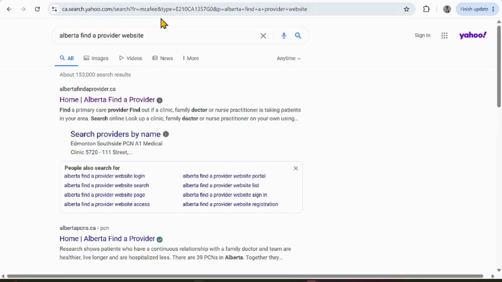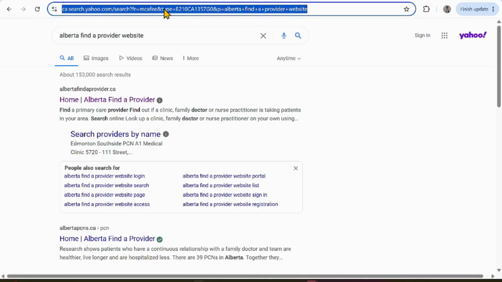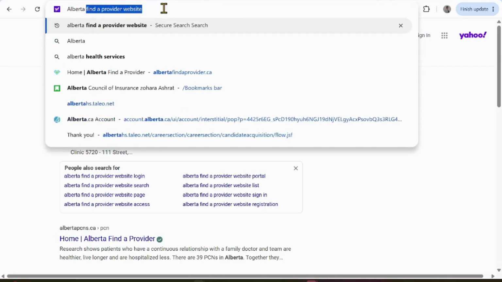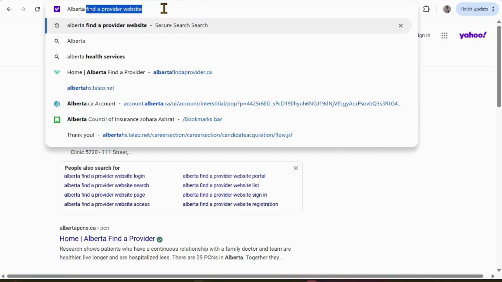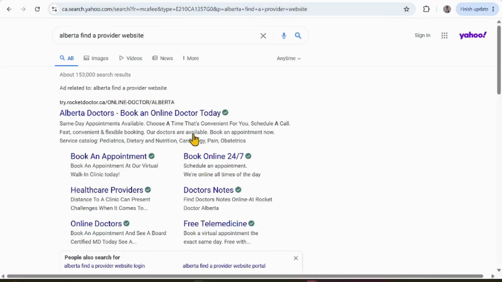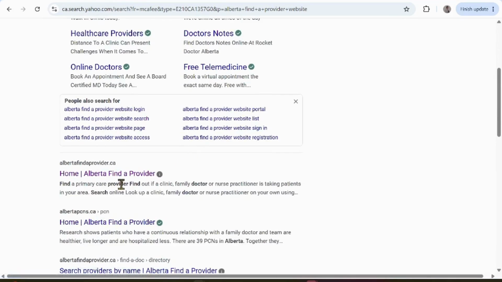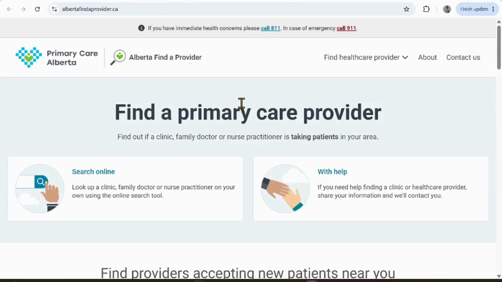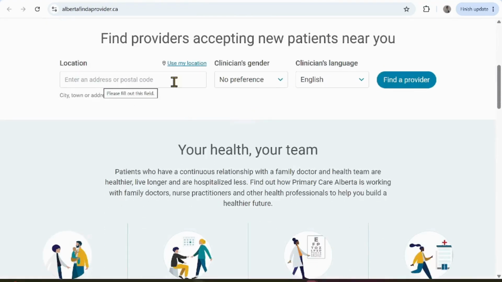I'm gonna go back here to show you. So, you're gonna go to website Alberta, find a provider. Okay, I'm gonna put a link in the description there for this website. I'm gonna click on this one. So this is the first one, home. Alberta, find a provider. Once you are here, what you will do, you will go here, find provider accepting new